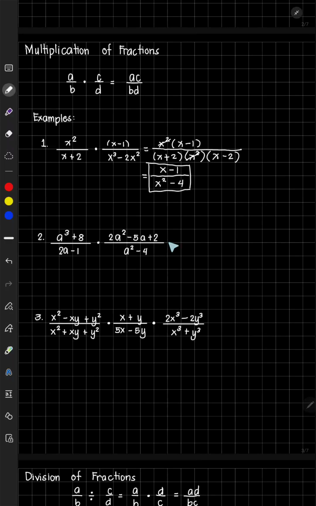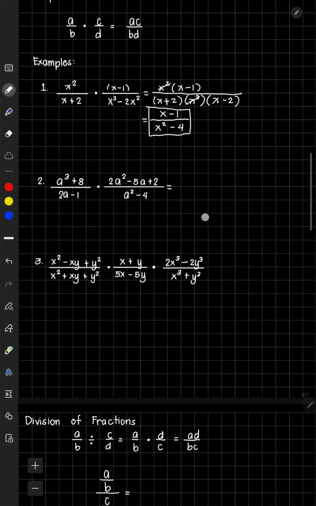So for number 2, we have to find again the factors for each numerator and denominator. So for a cubed plus 8, we have a plus 2 multiplied by a squared minus 2a plus 4,